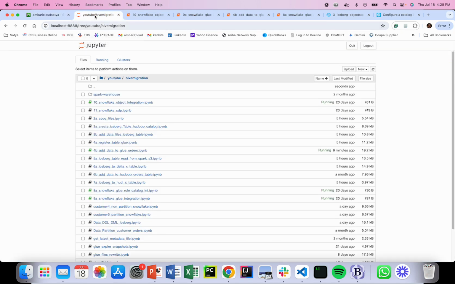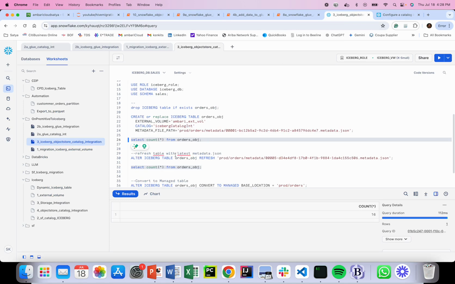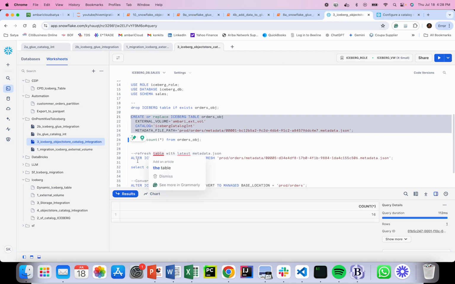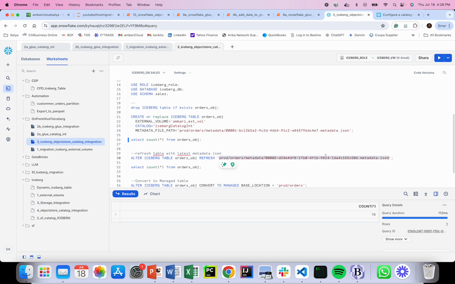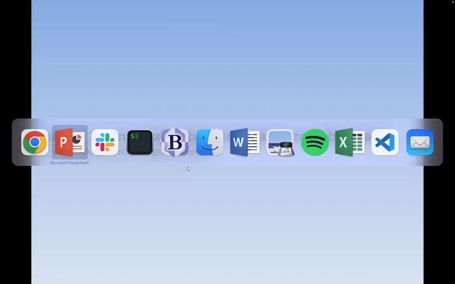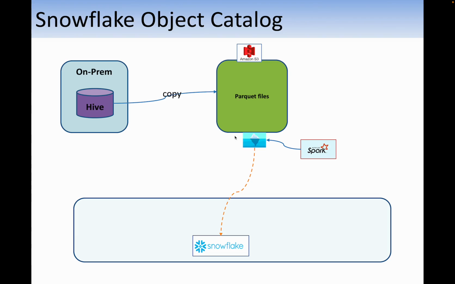So what we did here is, we got the most recent metadata JSON and built a table. Then every time your Iceberg table is updated, whether through Glue or directly, whatever, you need to get the most recent metadata JSON. For that, as I said, we write a stage, get the files, then get the max value of the timestamp, and then you can build. Now you have a table in Snowflake connecting to your Iceberg table,